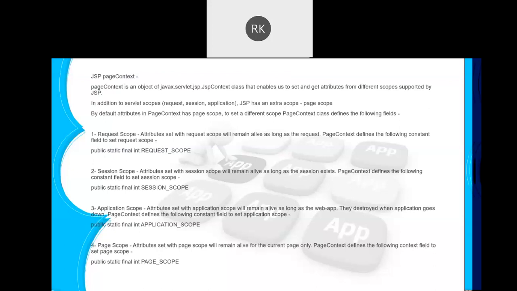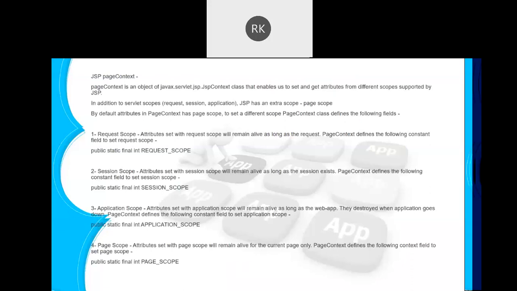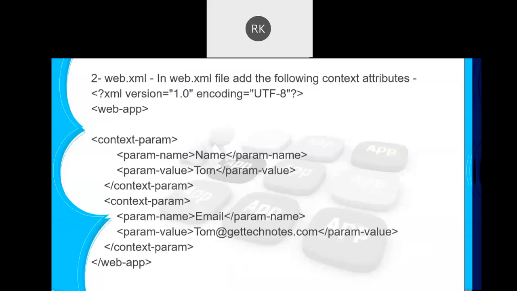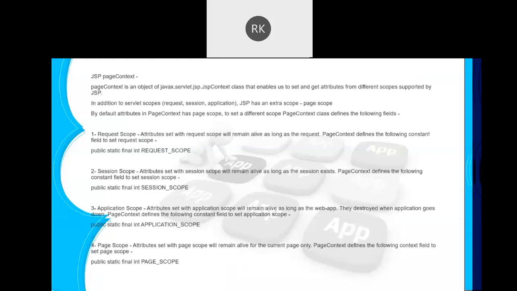Okay, so it will work exactly the same as we have seen in the servlet. I don't think there is any need to tell more about it. The only thing that you need to remember is that you can use application directly. Application is a predefined object there. So getInitParameter or whatever method you want to call, like getAttribute, setAttribute or whatever, you can call it directly. Okay, anyone any doubt up to this point?